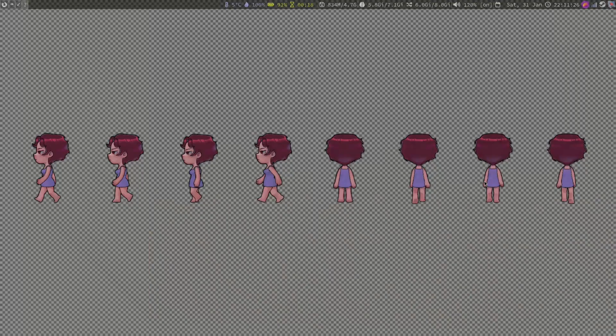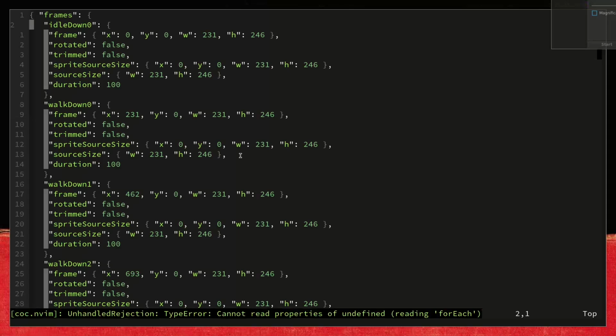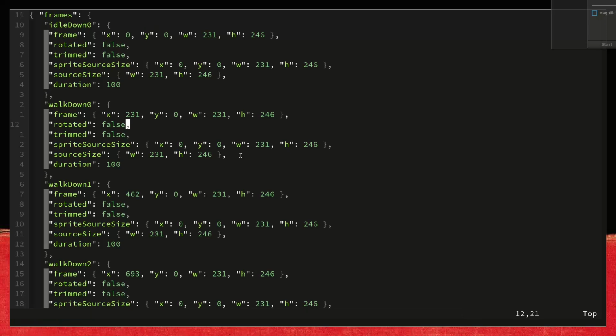here this PNG file, basically all of them side by side, as you can see, all the frames we have, and then this JSON file. This basically says, okay, this first frame located here is idle down 0, and the next one located here. This is generated automatically by the software, but these names here, idle down 0, walk down 0, these will just have your file names, and you need to edit just these names manually. So